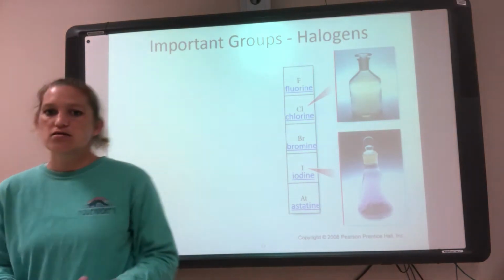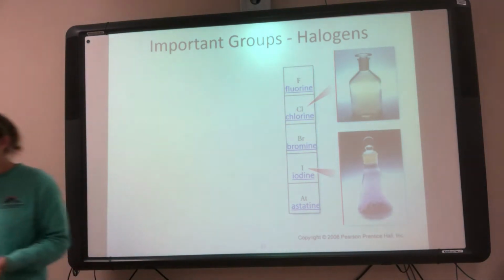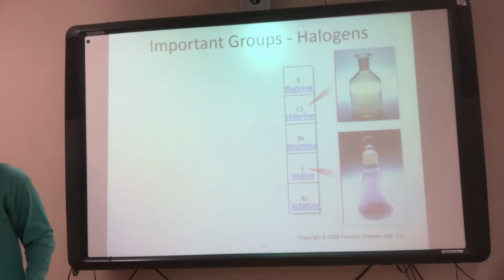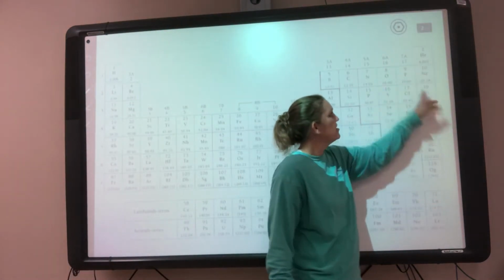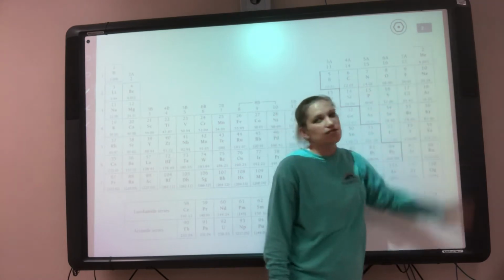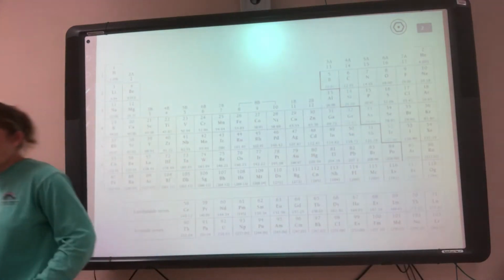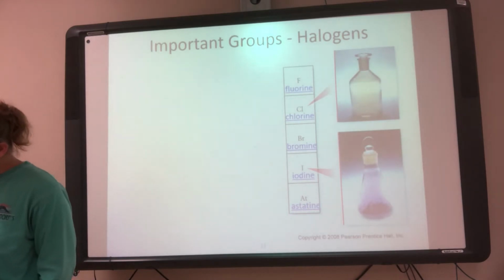So let's continue on talking about our different groups. So let's talk about halogens. So remember, this isn't the very last group. This isn't 8A. This is 7A, so the second to last group on the right. So my halogens is group